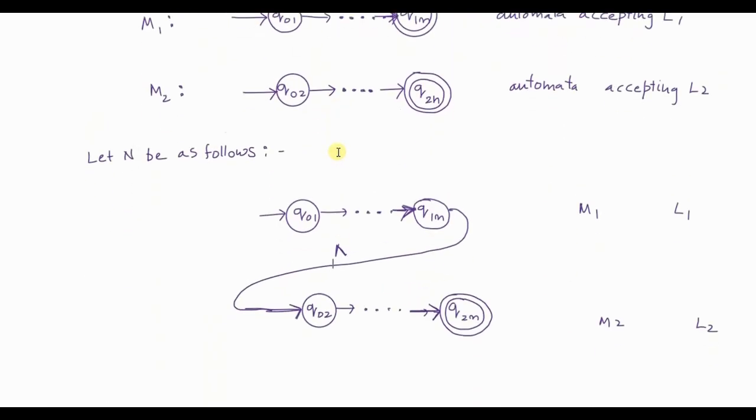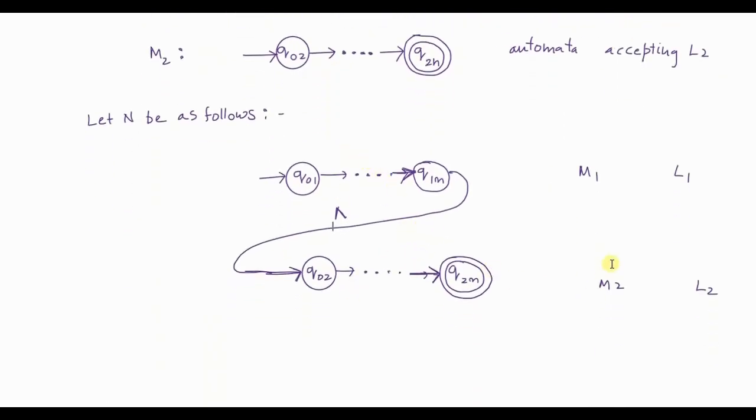So with this, if you observe this automata, the input will be given to Q01. This automata is going to process the input. By the time we reach Q1n, the output is given out from the first automata M1. Now that output is connected to the second machine, which means that output is given as input to the next machine. The processing starts here.